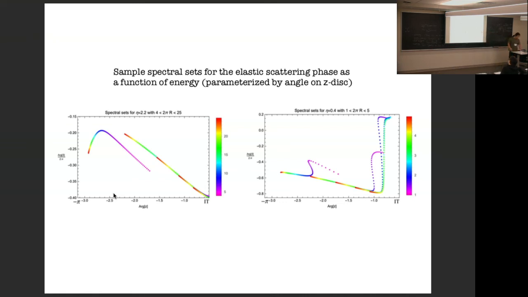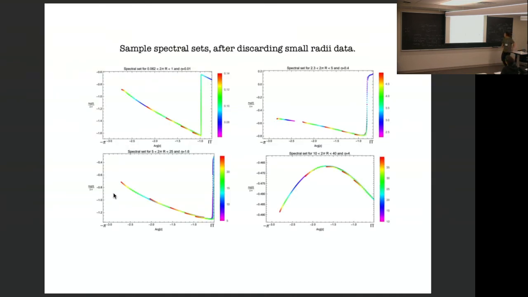And that will be sufficient for this purpose because I don't actually need strictly all the elastic scattering data on the entire elastic arc. For a part of it, that will be sufficient for my purpose. And I compute the error a posteriori after I come up with some approximation. So this is just some sample results of the elastic data after you discard the small radii cases where the finite size effects spoil the result. The horizontal axis is basically some transform of energy, and the vertical axis is the elastic scattering phase. This is from Hamiltonian truncation, and now we do this numerical continuation.